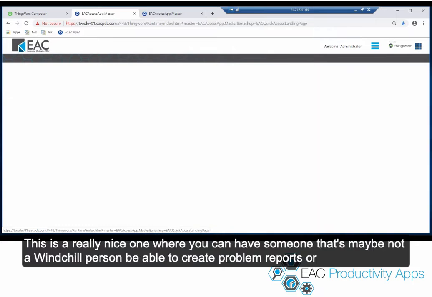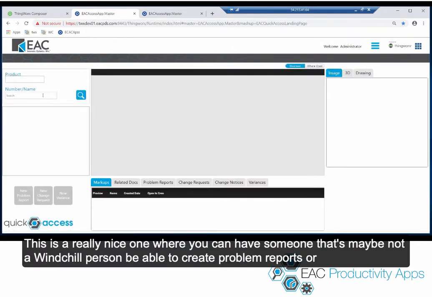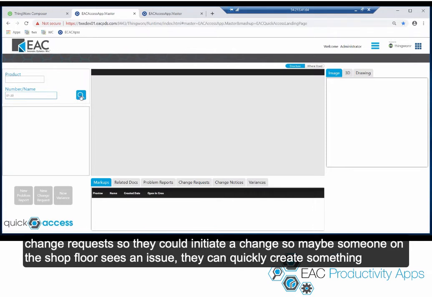access. This is a really nice one where you can have someone that's maybe not a Windchill person be able to create problem reports or change requests. So they could initiate a change. So maybe someone on the shop floor sees an issue, they can quickly create something without having to know how